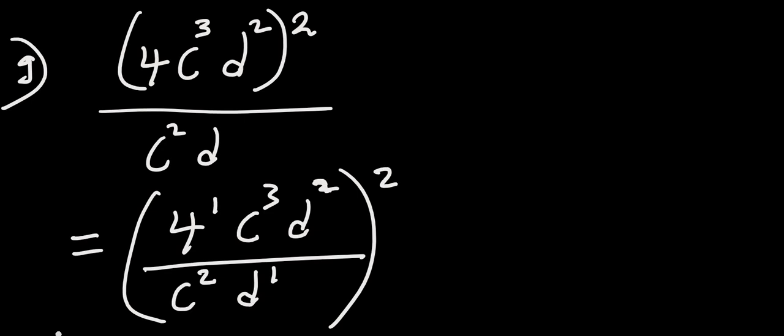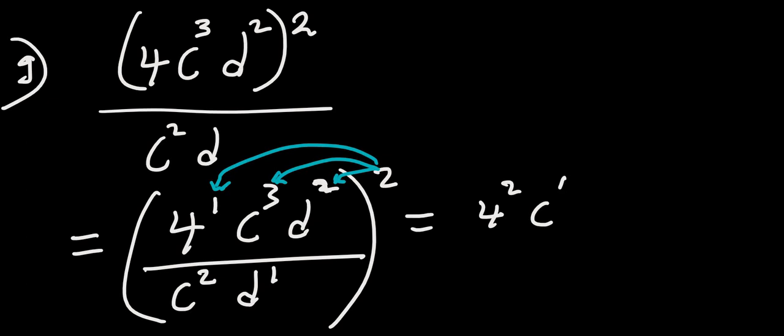And then next is to distribute the 2 into each of them, and you do the same for the denominator. So automatically this will become 4 squared, c to the power of 6, d to the power of 4, since 2 times 2 gives you 4, over